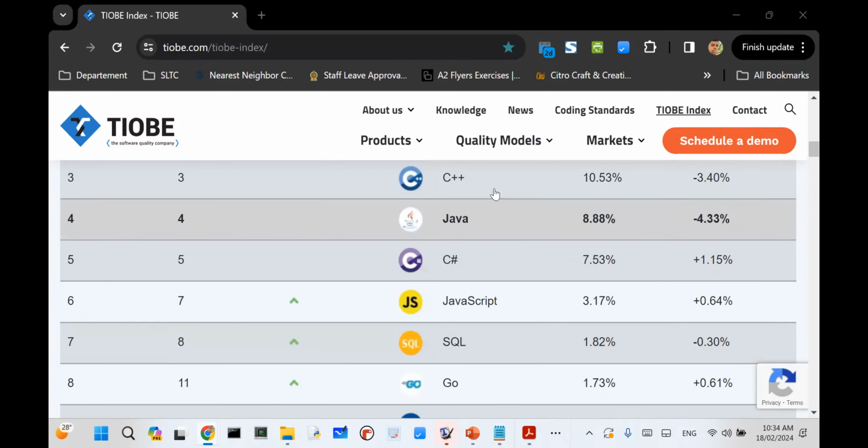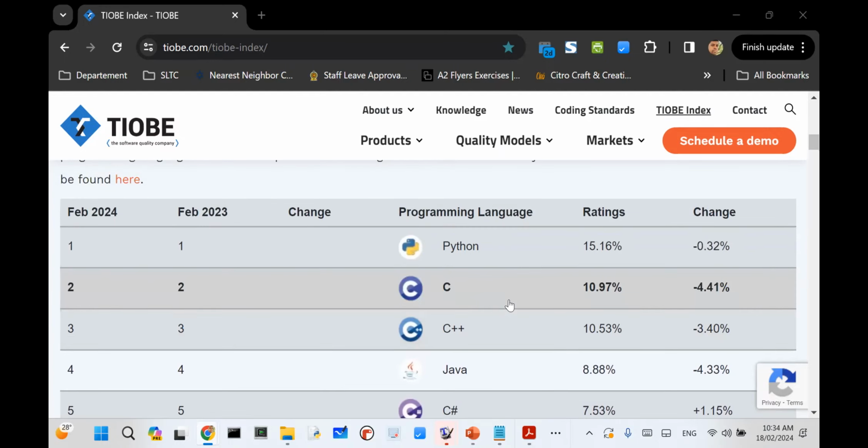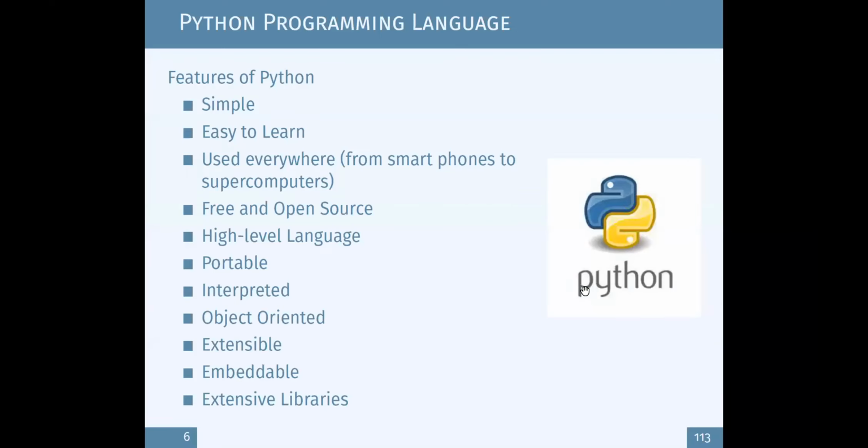Both languages you can see are in the top 10, so it's very important that you get an understanding of these main languages. That's just to motivate you why you need Python programming.